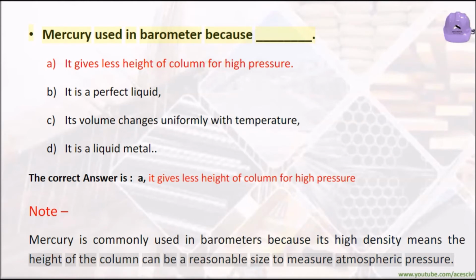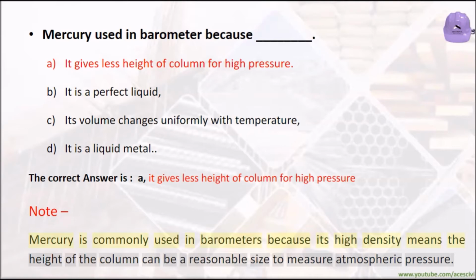Mercury is used in a barometer because: A. It gives less height of column for high pressure, B. It is a perfect liquid, C. Its volume changes uniformly with temperature, D. It is an alkali metal. The correct answer is A. It gives less height of column for high pressure. Note: mercury is commonly used in barometers because its high density means